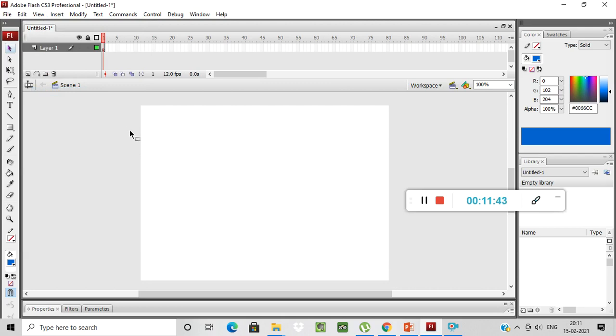Okay, now we'll create a new Flash document. First see students, for all these, the grid on and off, the property inspector, the tools panel, shortcut keys are given in your textbook. Please go through your textbook, so you will be able to understand the shortcut keys also for your keyboard. Now we'll see how to create a new project. What we have to perform in Flash, we'll see in our next video. Okay, till then students, have a nice day and bye bye.